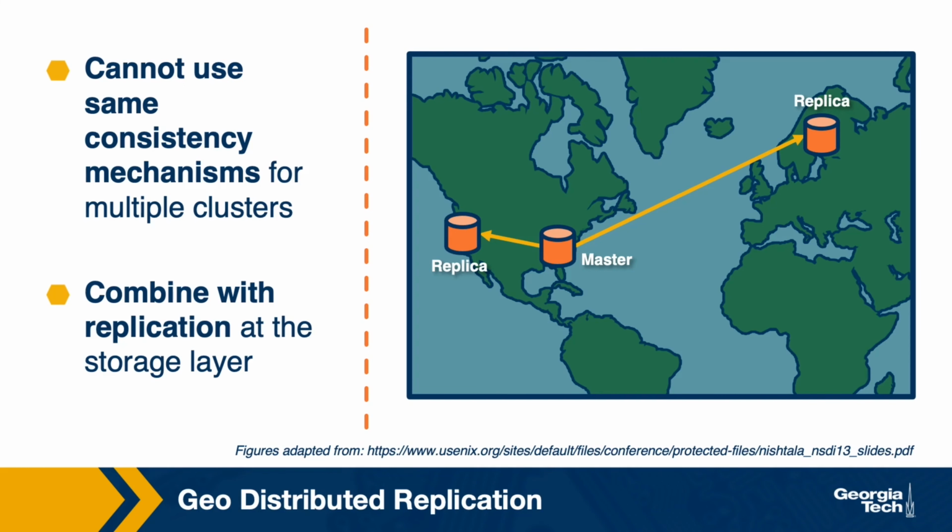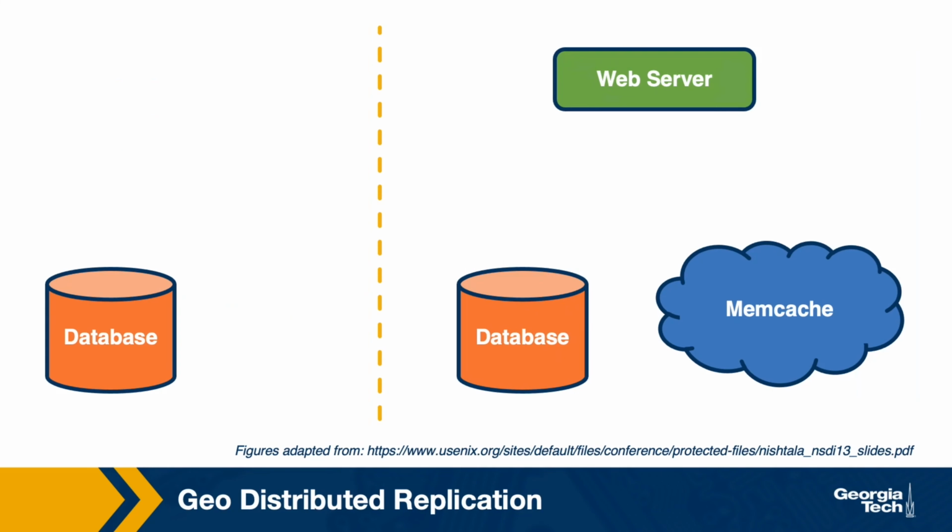Now, this other layer of replication can add some additional problems since it creates yet more copies of the data. Memcache addresses this by specifying a protocol on the operations that need to take place when a write is performed in a scenario where we have geographically distributed data centers and a database that's replicated across those geographically distributed data centers. This line here is the boundary among those geo-distributed data centers. One important thing to note is that we will distinguish between a master database site and the replica databases.